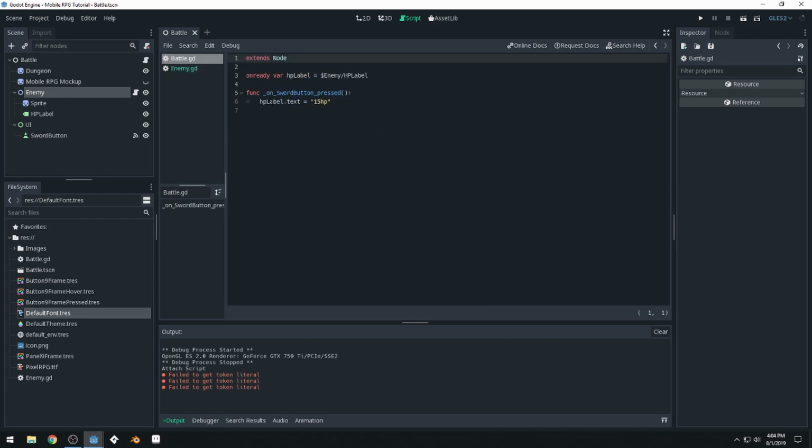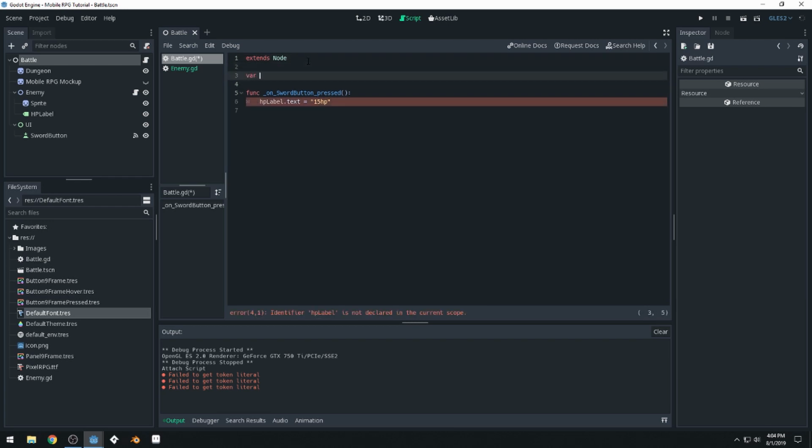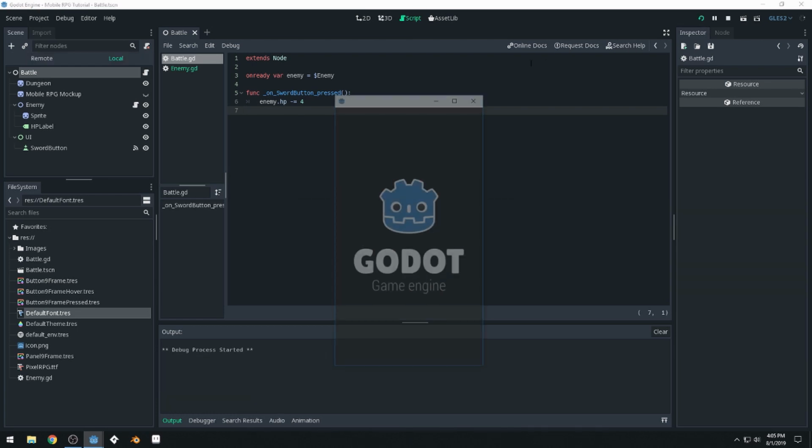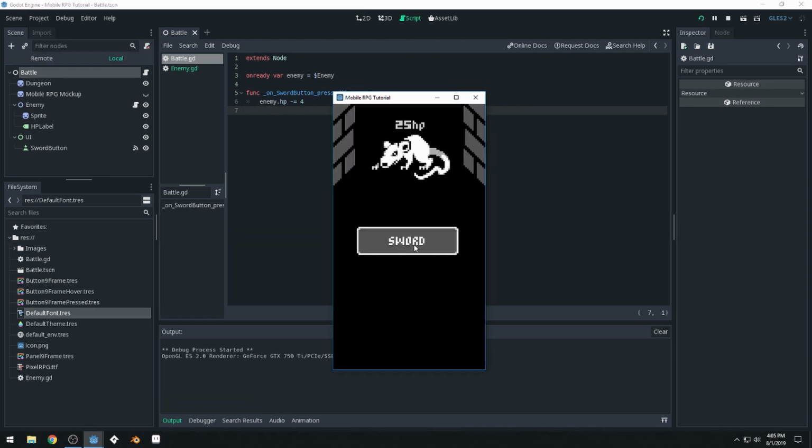So now, instead of setting HP label manually like we did, come up to your battle script, click on battle, click on the script. Instead of setting HP label manually, we can get access to the enemy instead. Var onReady var enemy, like this. And then we can say enemy.hp minus equals 4 or something, right? We can save and run the game. And now every time we change the enemy's HP,